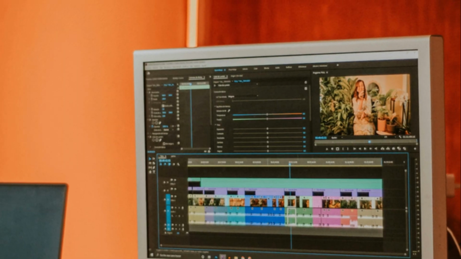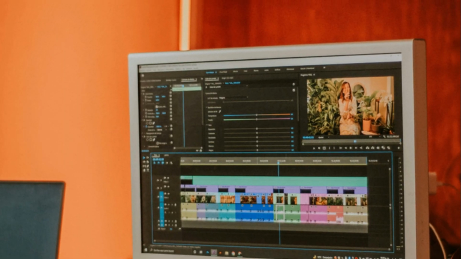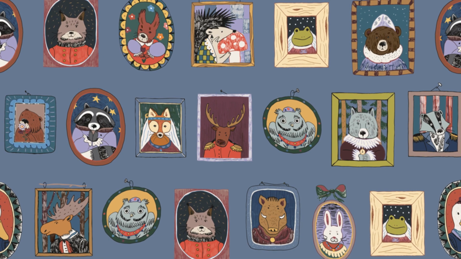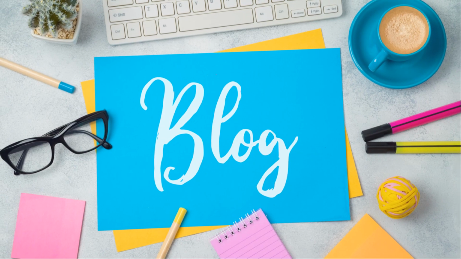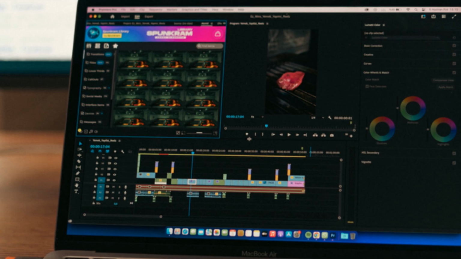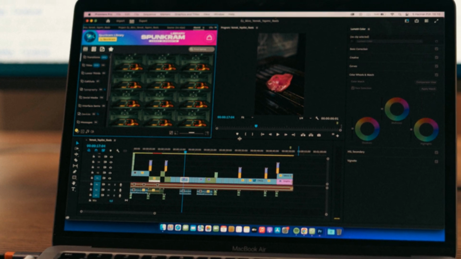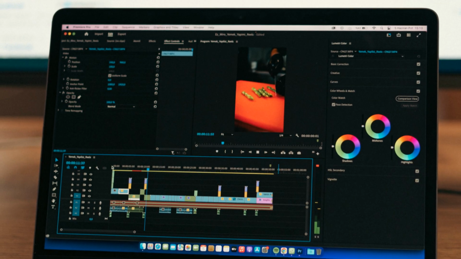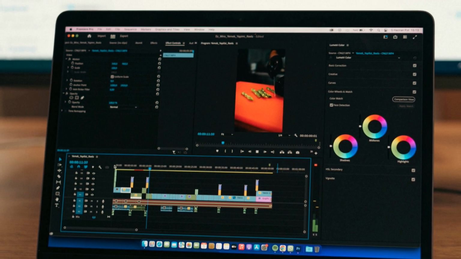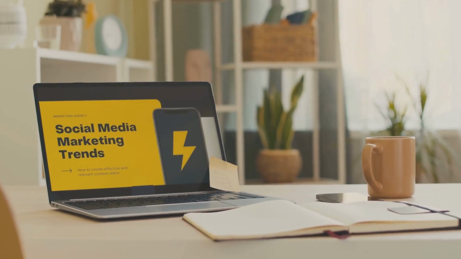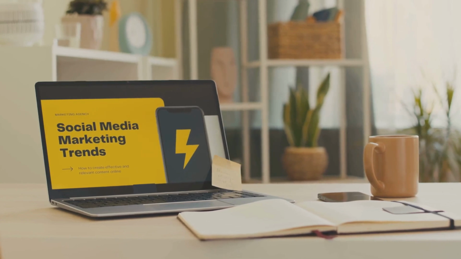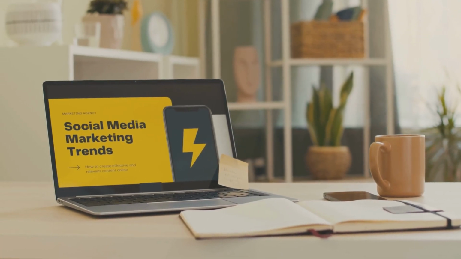Pictory is a powerful, AI-powered video creation platform that makes it incredibly easy to turn your existing content like blog posts, articles, or even just ideas into stunning videos. And the best part is, you don't need any prior video editing experience to use it. It's seriously user-friendly. With Pictory, you can repurpose that content into eye-catching videos that will grab people's attention and drive traffic back to your main platforms.